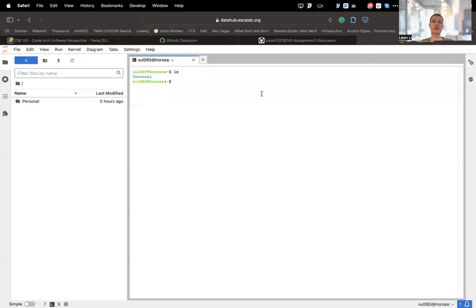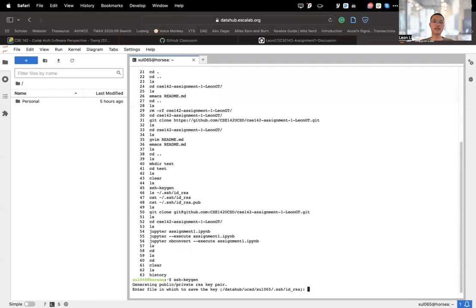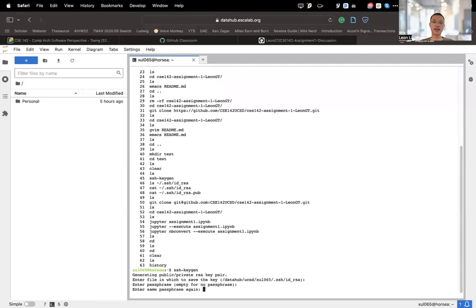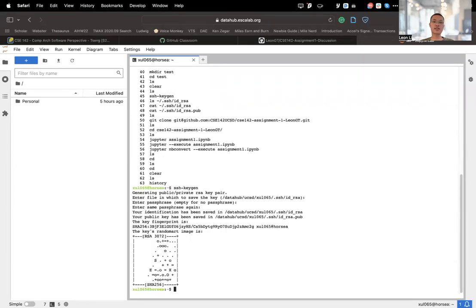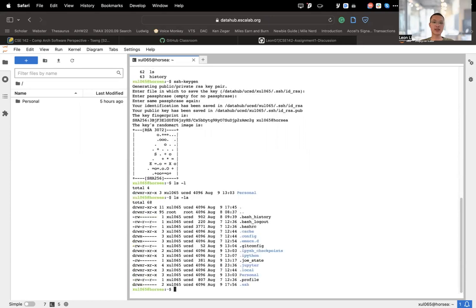The way to do it is on the Jupyter Notebook. We first need to create a public-private key and then copy the public key to GitHub. The command here is ssh-keygen. I'm just pressing enter, enter, enter. Now it has created a new set of keys in this directory. If I do an ls -la, you will see